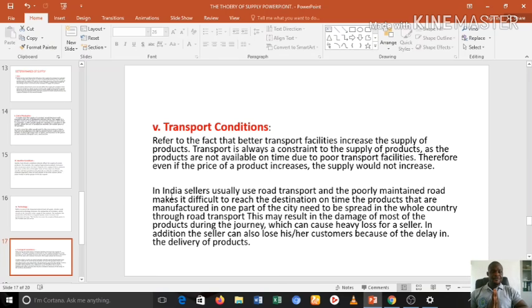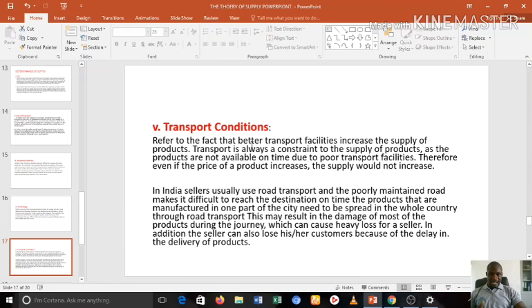Now, in a country like that, if the roads are not motorable, it means they are not favorable, and because they are not motorable and unfavorable, there will be a fall in the supply of their goods, because they are going to face difficulties and challenges in supplying these goods to the market due to the unfavorable nature of their roads, or poor road conditions. Okay, all right, let's just read what we have here.